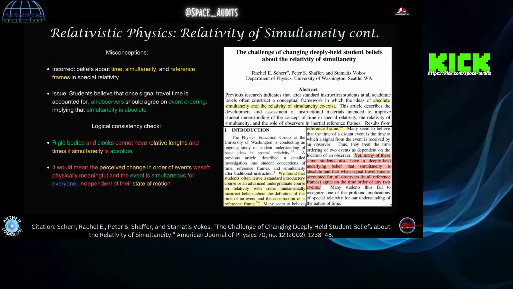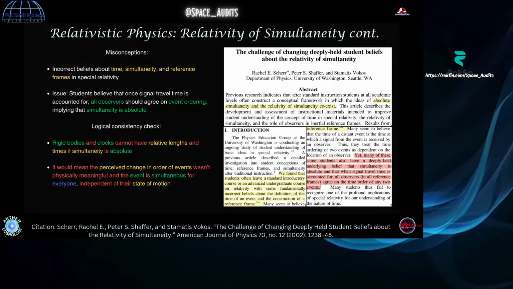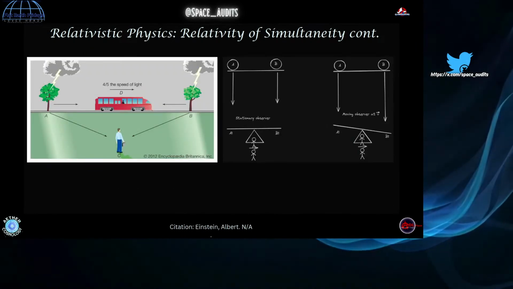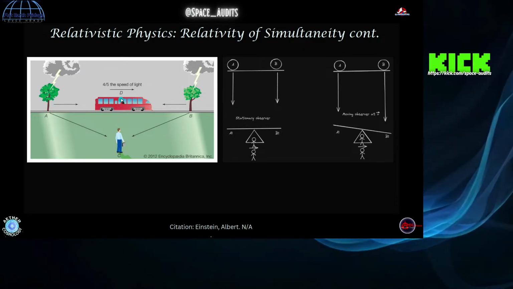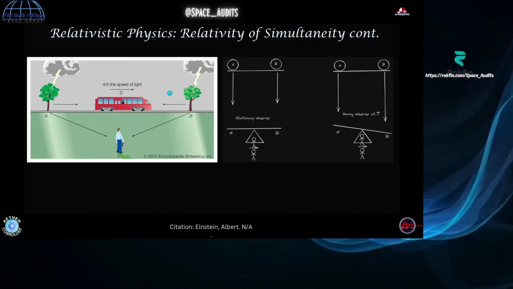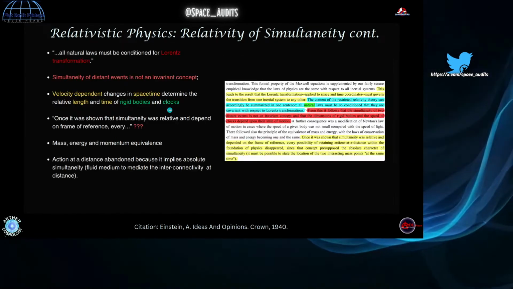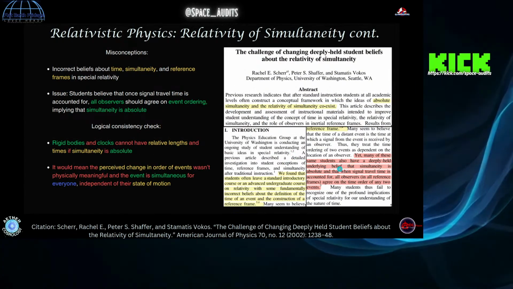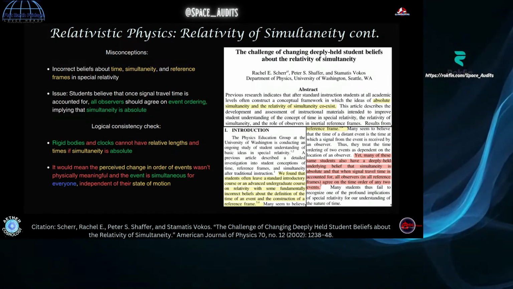And this is hard for them to accept because many people have put forward answers to this paradox created by different physical outcomes, but they're not fundamentally even answering it correctly in the paradigm, right? The solution they're giving is because of their mistaken belief in absolute simultaneity, according to this study.